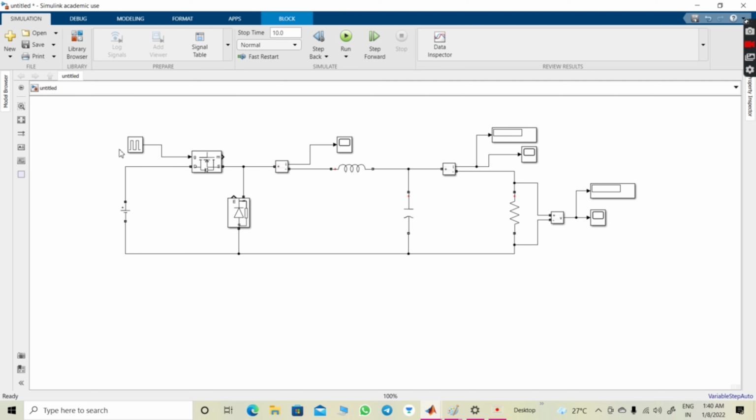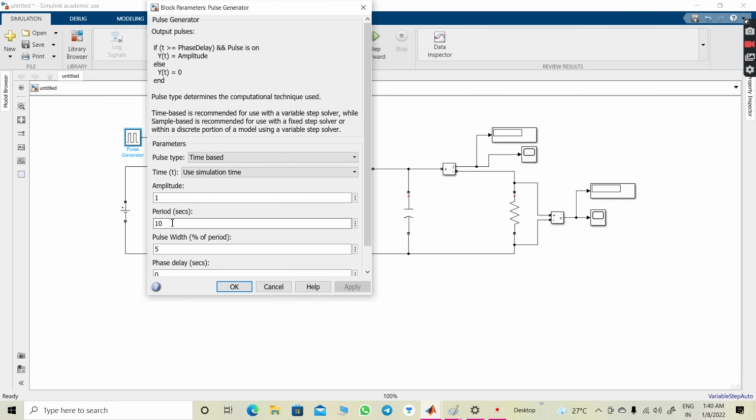So the circuit is completed. Then we are going to give the values of all the blocks. In the pulse generator, we change the period and also the pulse width. So the calculated period is